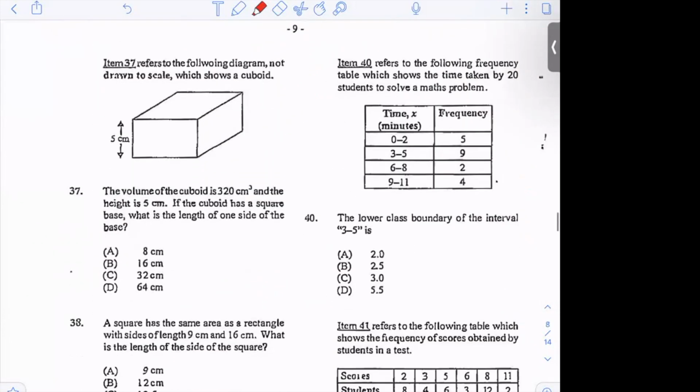This one we met already yesterday. The volume is cross-sectional area by height. The volume is 320. The area by height. So we want to make the area the subject. We divide both sides by 5. 5 goes into 320, 64 times. So area is 64. It told us that it is a square. So the length of one side is the square root of